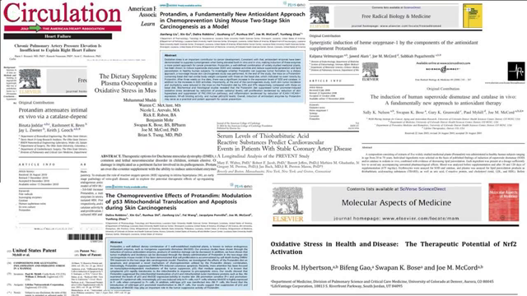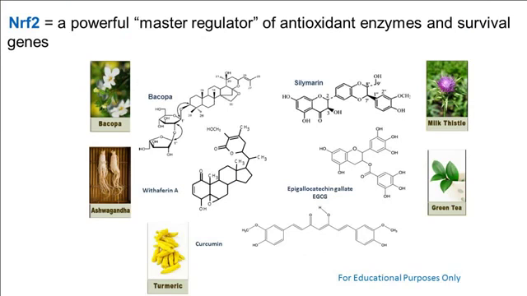So when I read this study about chronic pulmonary artery, basically pulmonary hypertension and right heart failure, and the effect that Protandim had, I was all in. I knew at that point that this was the real deal, and there was legitimate science behind it. So what is in Protandim? Protandim is a combination of 5 plants: green tea, turmeric, milk thistle, ashwagandha, and bacopa.